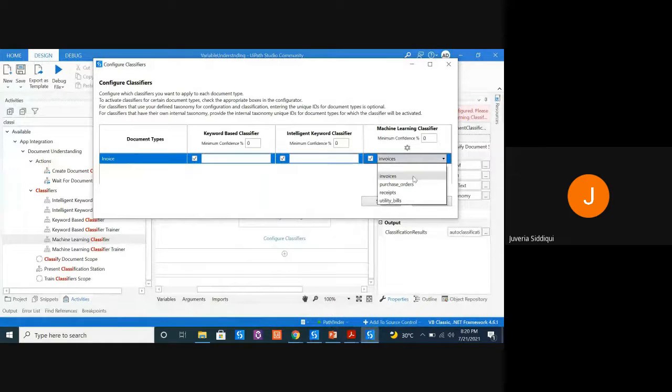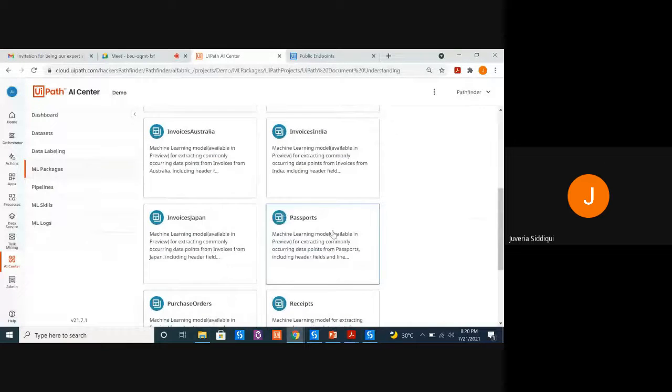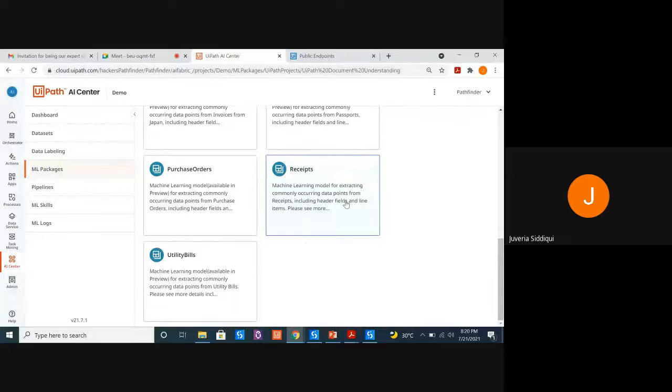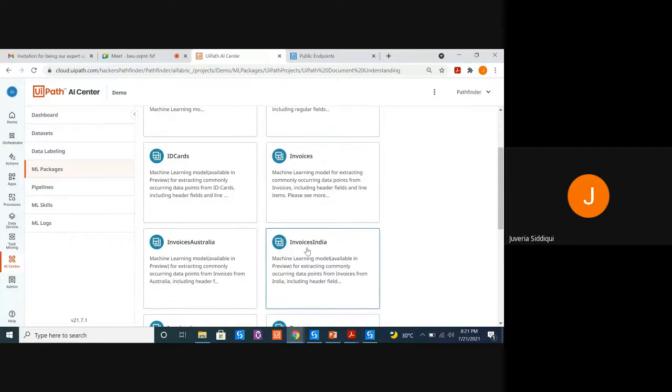What you cannot see is basically the passports. Currently you can use passports through utility bills or receipts, or you can create a different model altogether. And for invoice Australia, invoice India, you can simply use invoices as well.